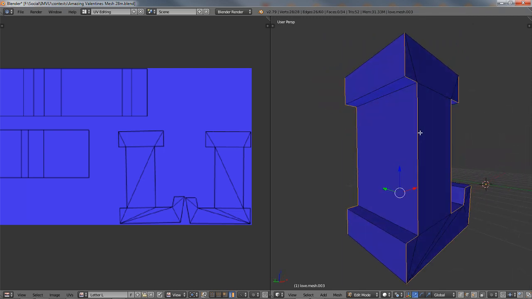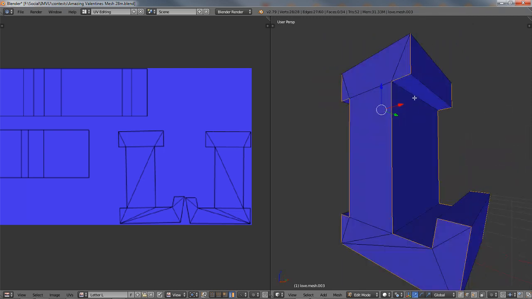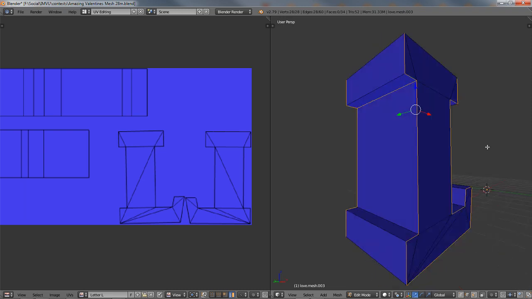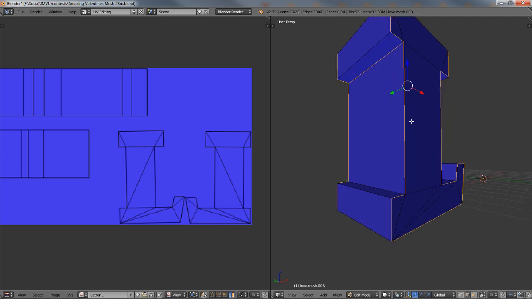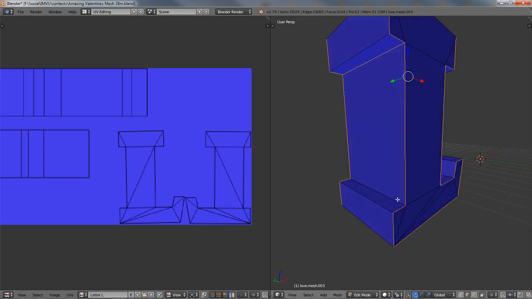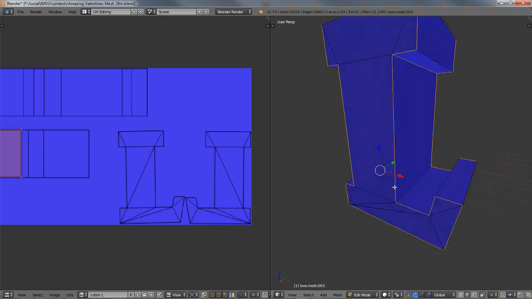And then what we can do is possibly, so what this should do is create a top section that unwraps itself flat, and then let's do something quite, so